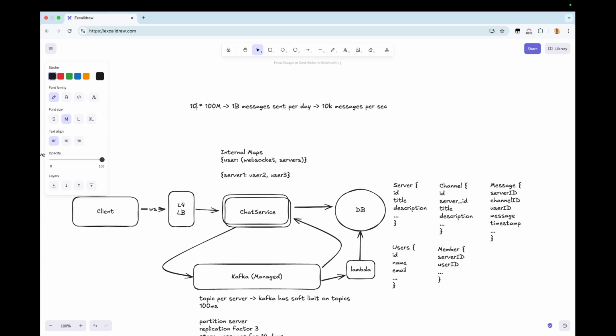So if we did want to scale up even further, say we have 10 billion messages per day, that's 100,000 messages per second. Then we start running into more interesting conversations about what database we want to choose. Since we have such high write throughput, Kafka is a good choice here to manage it. But we probably want to pick an LSM tree database here. Scylla is a good choice,